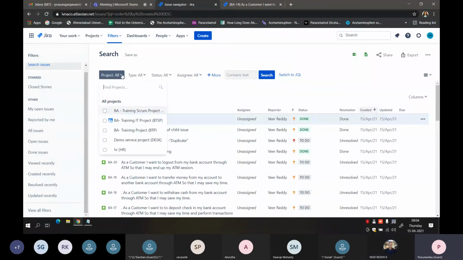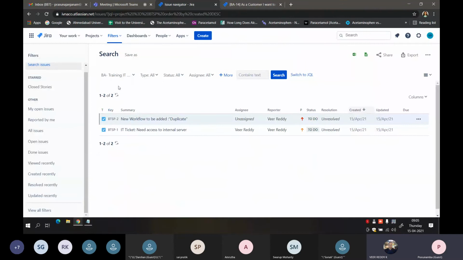So for example, yesterday there was only a single project, so we didn't get so many options. Today I have this many options. So these are all the projects that are present in Jira. So if I need only tickets that are related to IT, I would select this project, IT. So all the tickets that are related to IT would be showing over here.